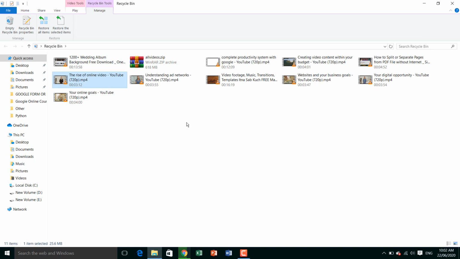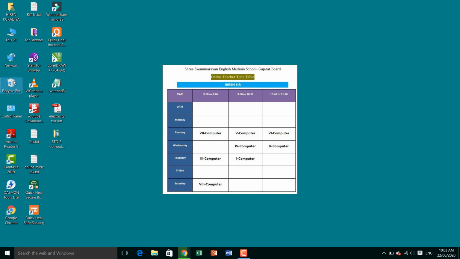If you need more space, or there are some unnecessary files in the recycle bin, then you can delete them. But if you have some important files, don't delete them from the recycle bin. So this is our recycle bin. Now the empty recycle bin option. There are two options: you can use restore and delete from here. And click on the recycle bin and right-click, and you will see the empty recycle bin option.